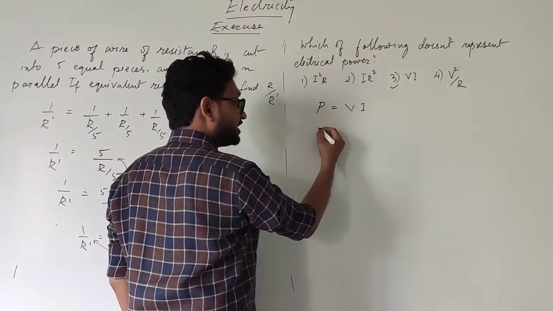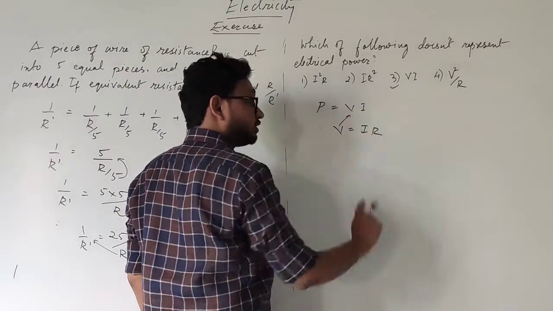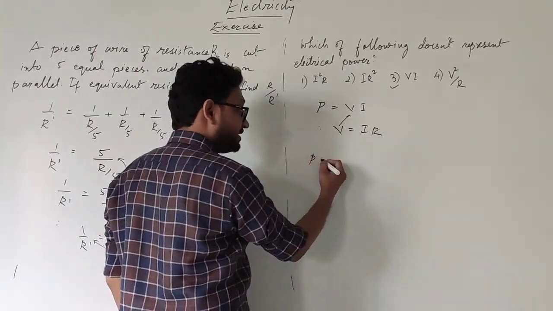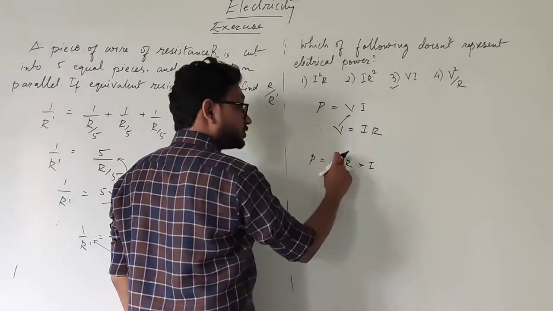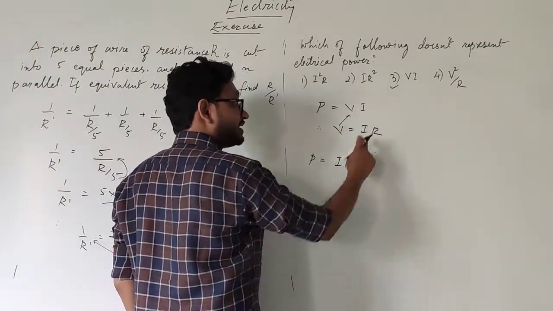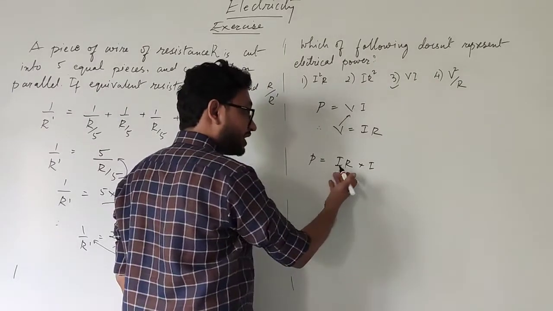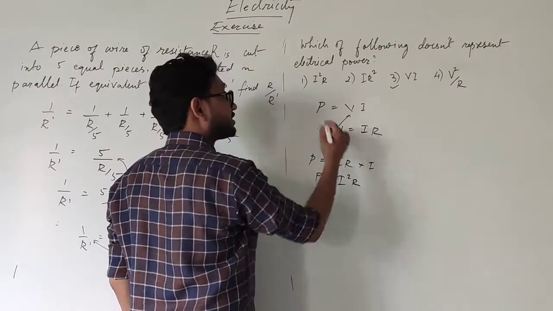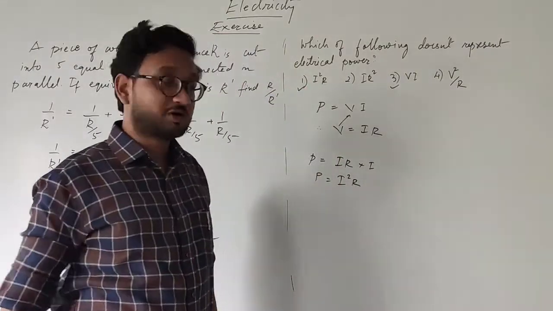In this, if you take Ohm's law, V is equal to IR, and substitute this value of V, that is voltage, potential difference, we get P is equal to IR into I. We are substituting V is equal to IR in this equation. So what you get is IR and this I as it is. Now they all are in multiplication, so simple, I into I becomes I square R. So P is equal to I square R. That means the first option is also the formula for electrical power.